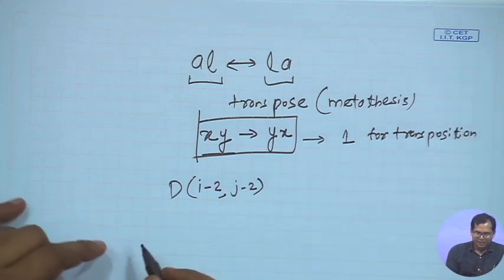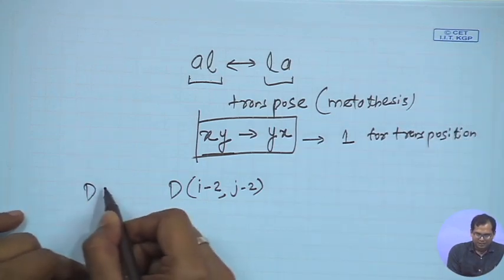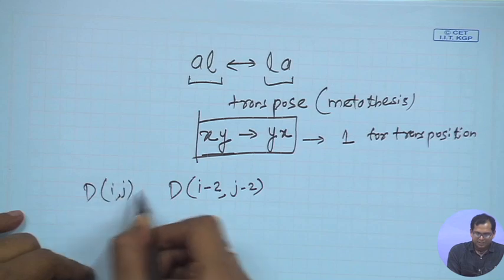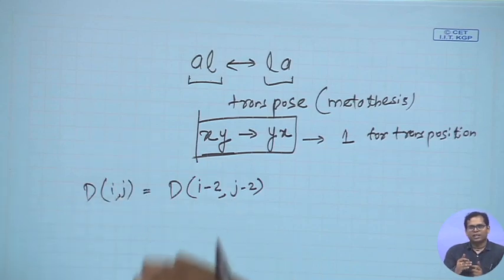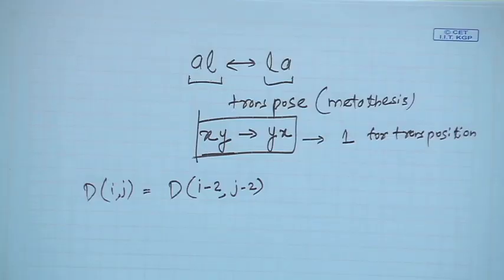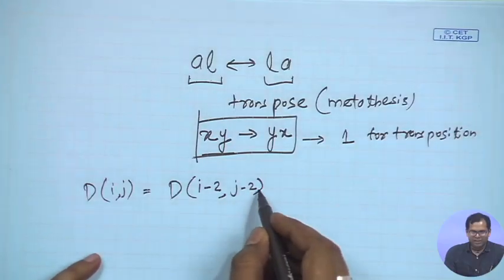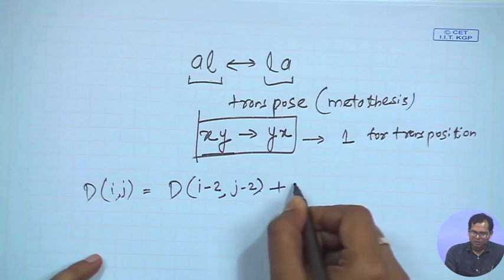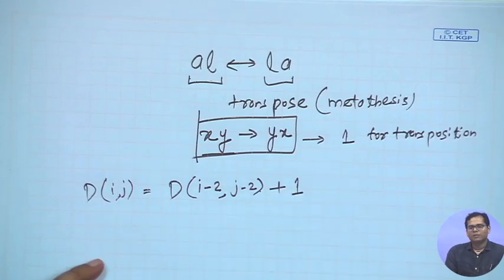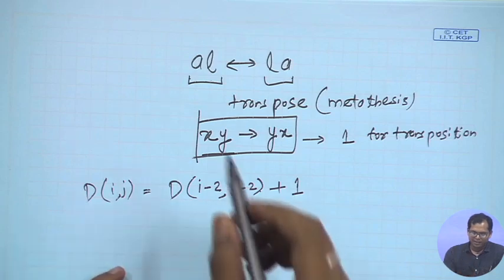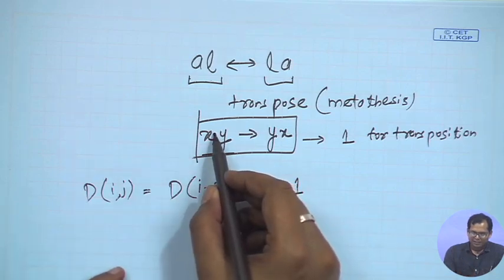Okay. So I will write D[i][j], so there are other costs that we had defined earlier, but for transposition I will say D[i-2][j-2] + 1, and what will be the condition? Only if,